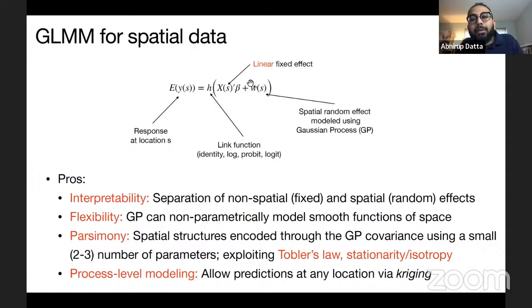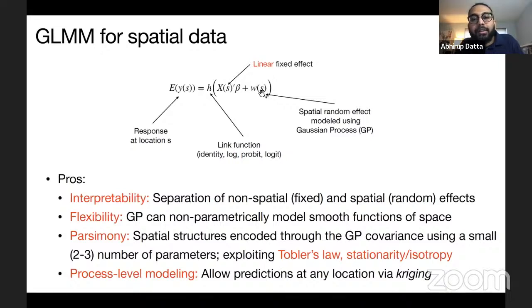And yet Gaussian processes, at least the stationary ones, typically require a very small number of parameters, like 2 or 3. So you don't need a bunch of different parameters to model a flexible functional space.